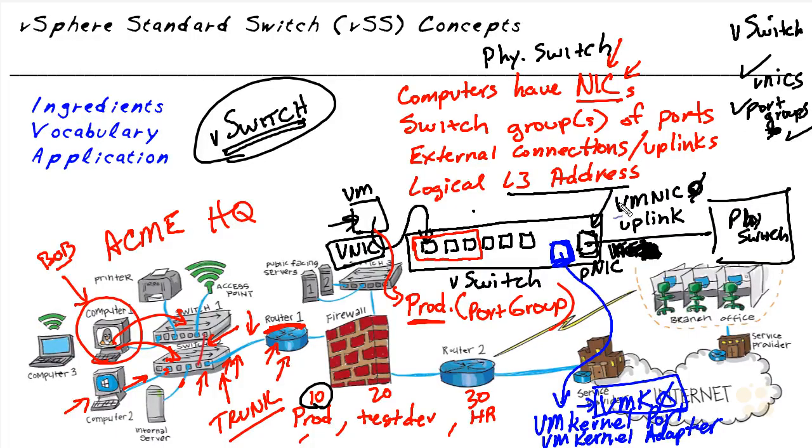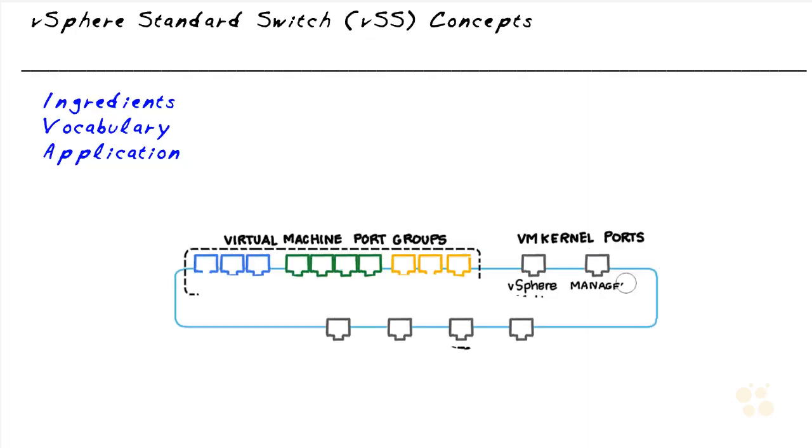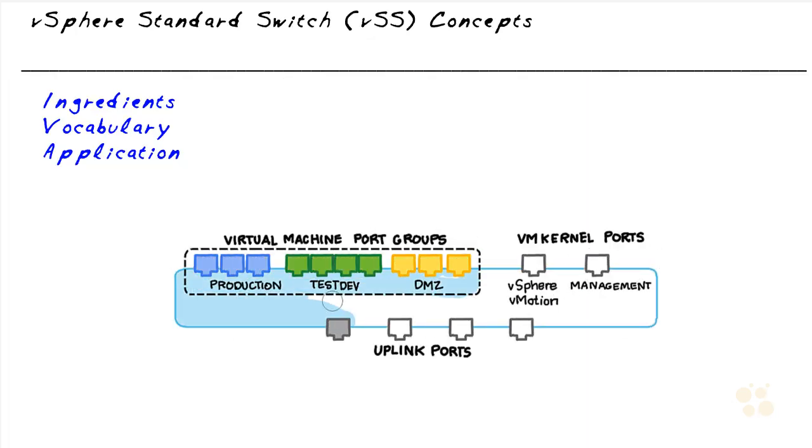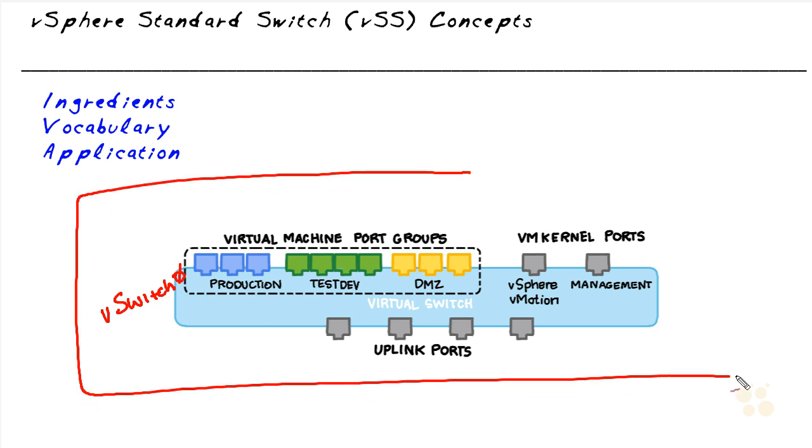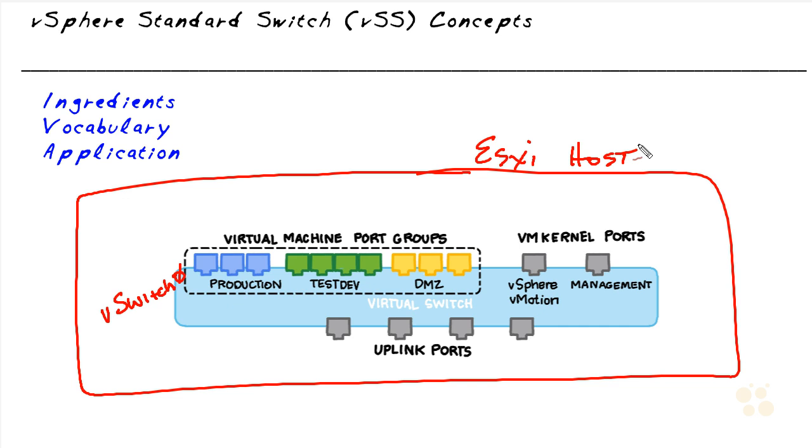And by default, every ESXi host, when you deploy it, creates a vSwitch, and it's called vSwitch 0 because it's the first switch. And then if we want to create another switch, we could name it whatever we'd like, including vSwitch 1 and vSwitch 2 and vSwitch 3 and so forth. So let's use this illustration to reinforce those concepts. If this represents a virtual switch, let's say vSwitch 0, this switch lives in the heart and mind of an ESXi host. And each of our ESXi hosts in the topology has created a vSwitch 0 by default